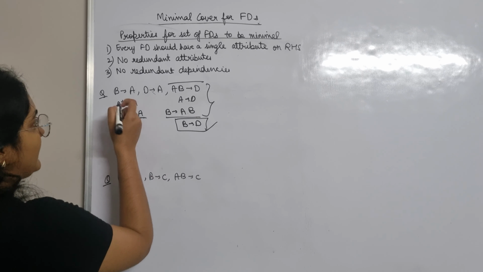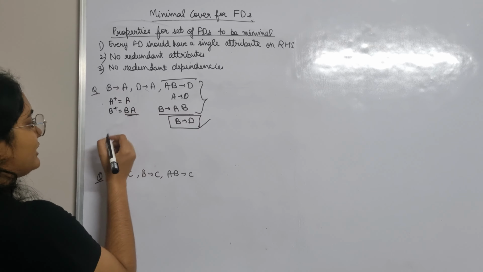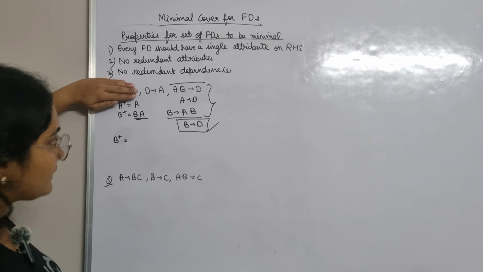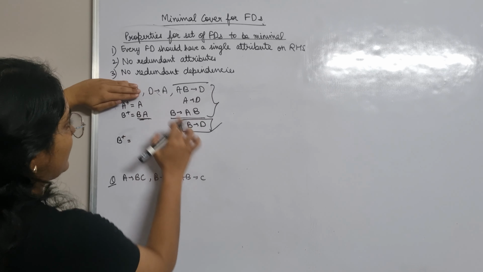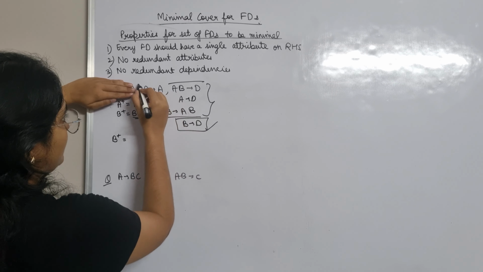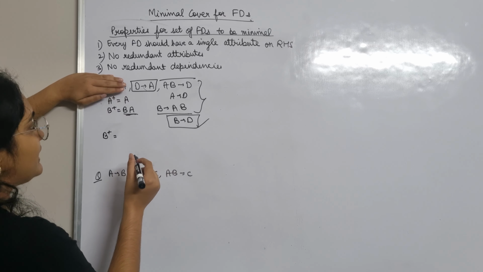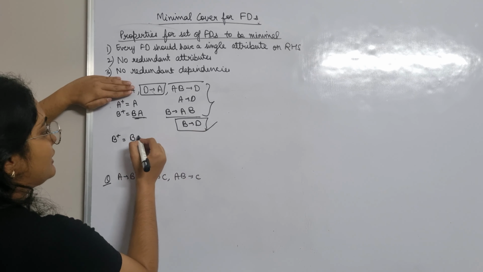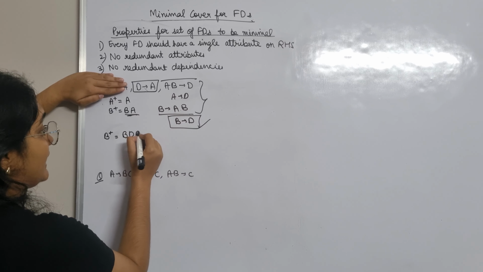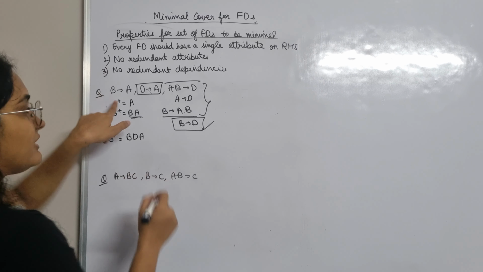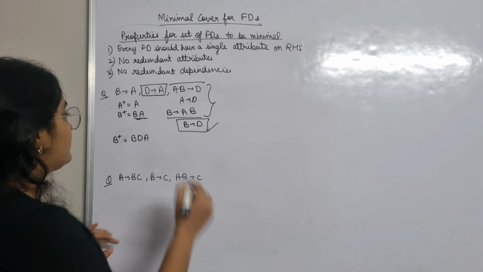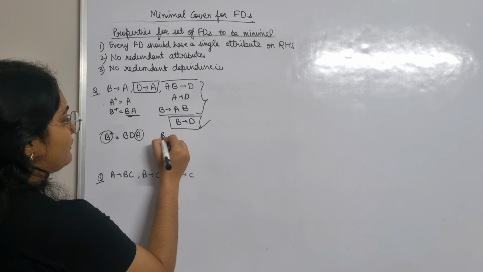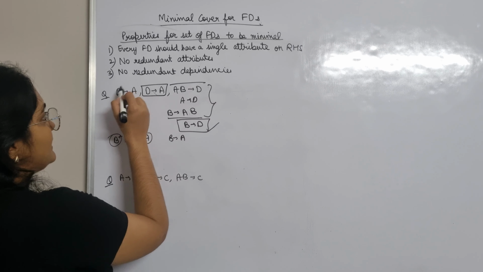For example, let's see if we can remove this. What can be determined if I remove this? If I remove this, we have these two dependencies as of now, right? This and this. Okay, so if I remove this, what can B determine? B can determine B, B can determine D, D can determine A. Yes, B can determine A even if I do not include it, right? So with this only we can say that B can determine A. So this is not required.